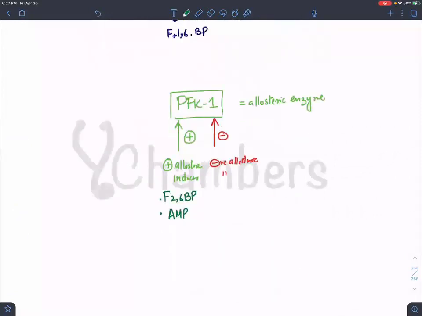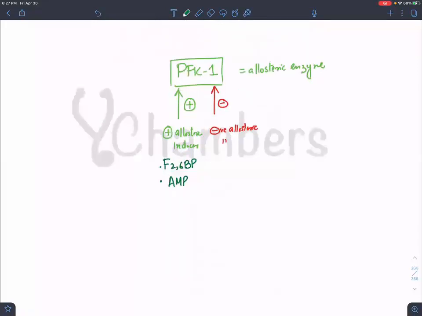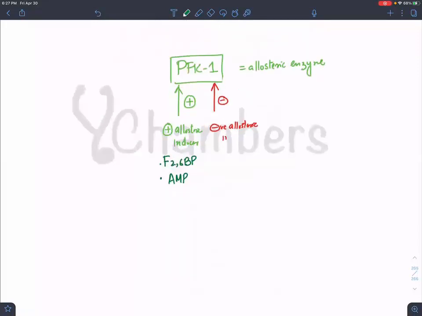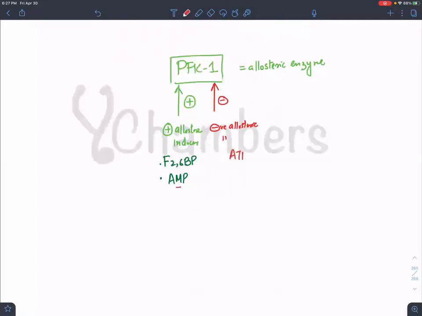Is it clear? Now I want to tell you a story. This was about India. So who is inhibiting, by the way? If this is AMP, the opposite should be ATP. So ATP will inhibit this PFK. Citrate ions will inhibit this. What else? Protons, H positive ion concentration. If you are increasing the proton concentration, this enzyme will get inhibited. Is it clear?